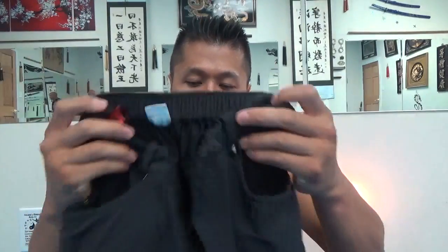So I got these from eBay. You just type in cycling shorts, and then the tight fitting ones will show up, but then these types will show up as well where it's baggier. These actually come with a liner inside the shorts that has the padding. So if you want to have that on, you could put that on and then wear these over it, which is fine. These have a lot of pockets. It's water repellent. It's kind of light. It's not the same as just wearing basketball shorts. This is more designed for biking, and so far these shorts have been lasting pretty long,